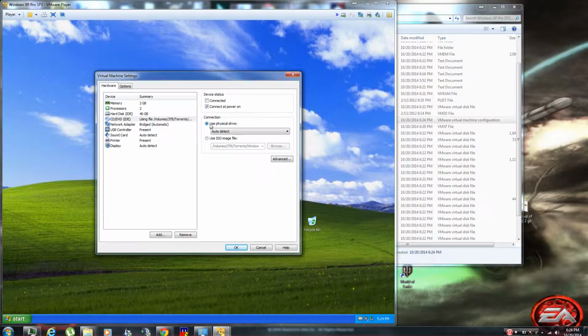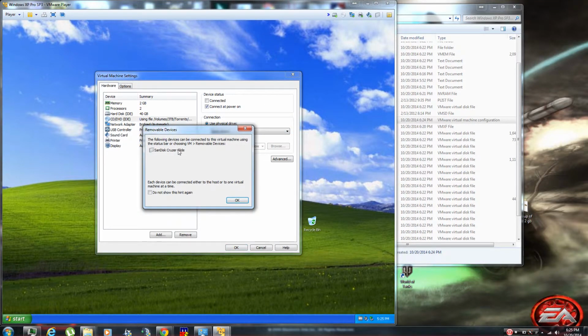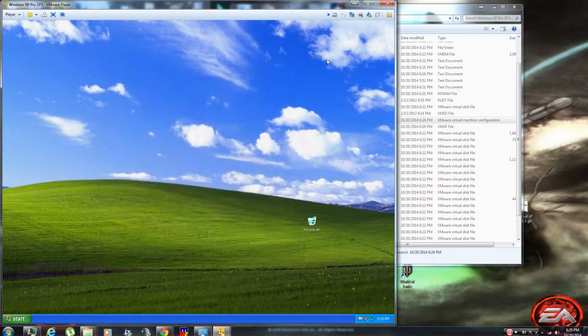Also, with this virtual machine, say you were to connect a USB device and you wanted it to run in the virtual machine, you just plug the USB device into your machine, and this might pop up, and then you would just go up here and click this